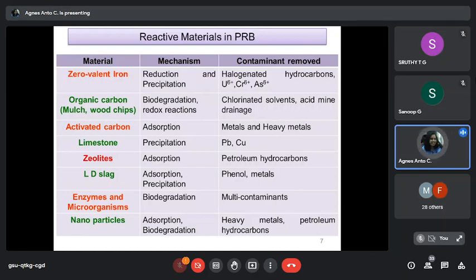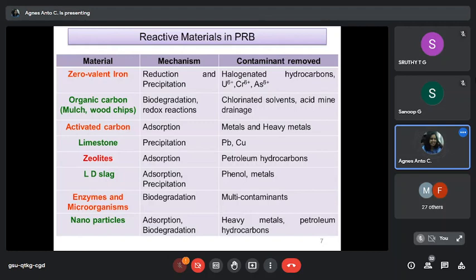At the same time, researchers have now tried to encapsulate microbes inside these nanoparticles. So these microbes will lead to biodegradation of various contaminants. So nanoparticles plus microbes has been very recently researched and employed in PRBs. So these are the very commonly seen materials. Now and then you can get papers where a new material has been discovered or proposed as a PRB